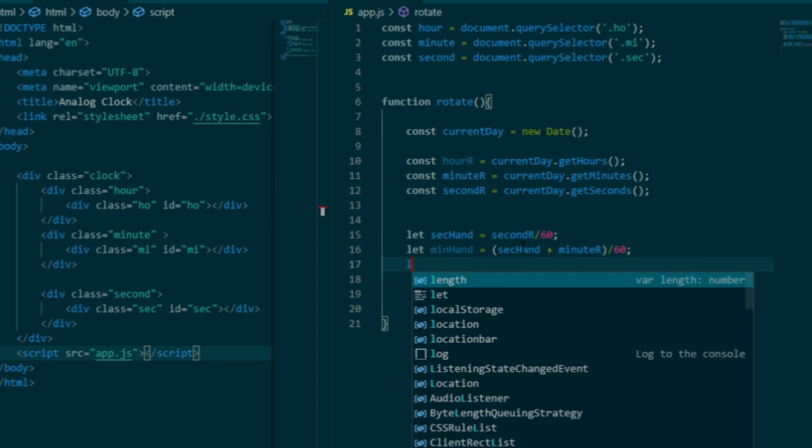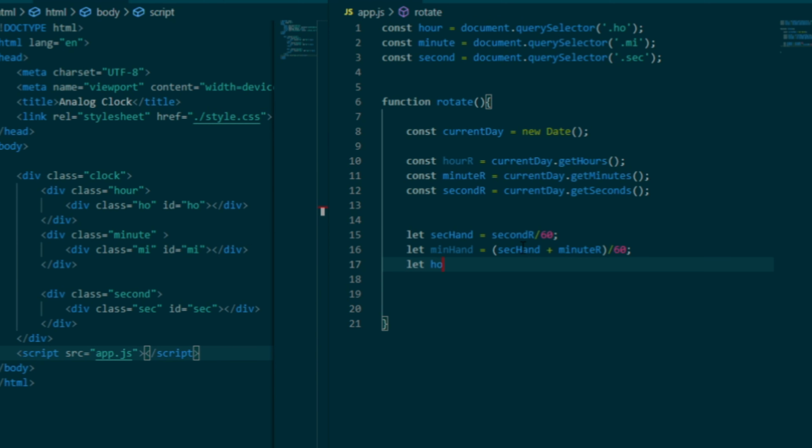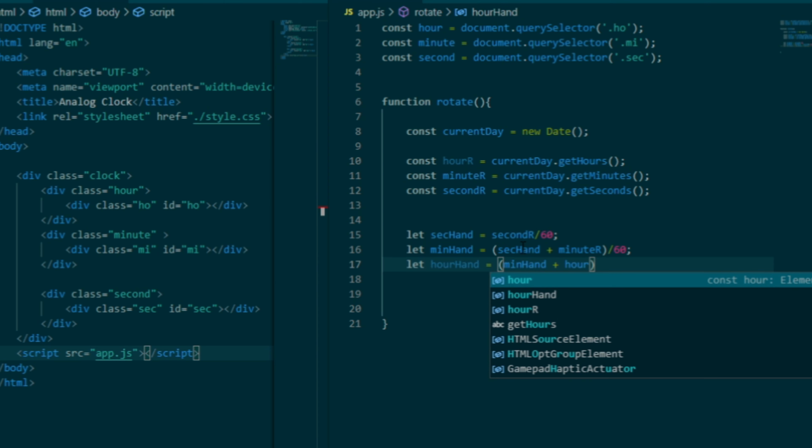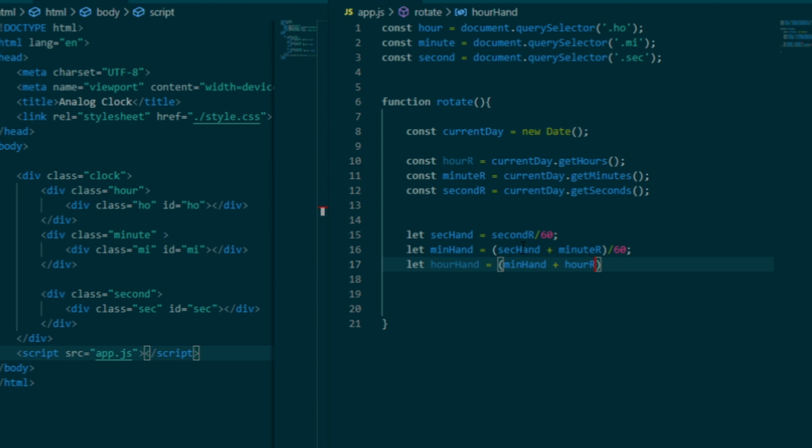I'll tell why it is. Let hour hand is equal to min hand plus hour hour, whole divided by 12. Okay, so